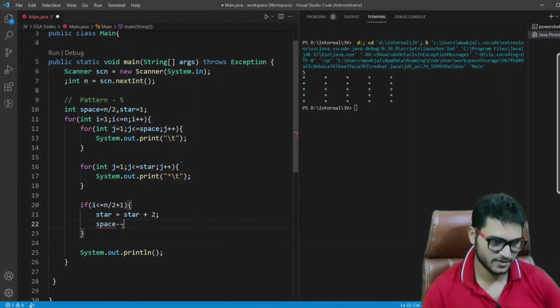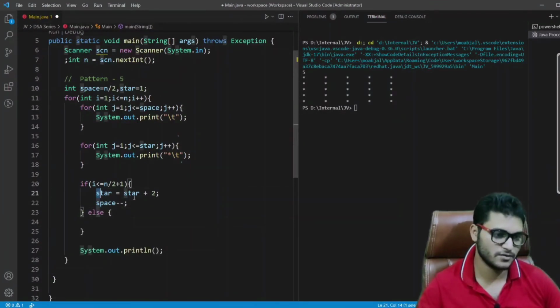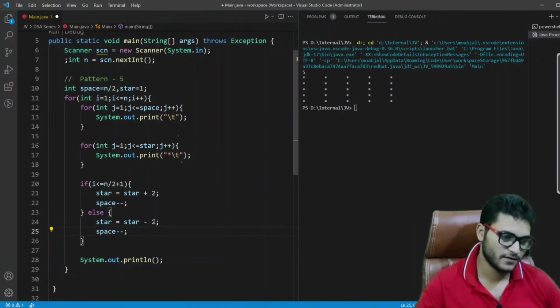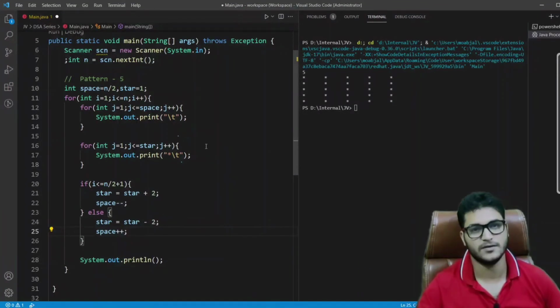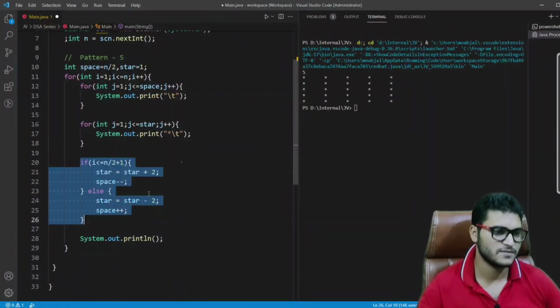For that we just write space minus minus. Else, we will do the exact reverse of this. We will decrease our star by 2 and we will increase our space by 1. So this is all we have to do. I think nothing is missing.